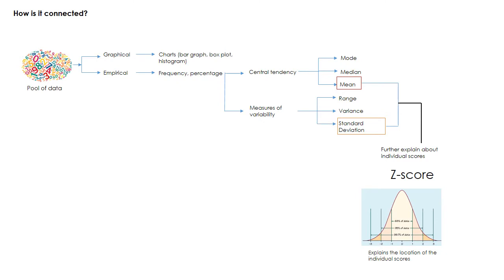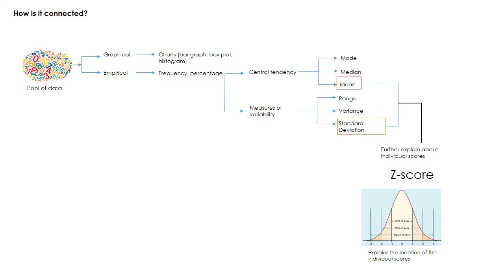After that we said that is just a single score of the data, so we would like to know about the variability that happens in the data. Are they similar, or are they clustered together closer to the mean, or are they far from the mean? In terms of measures of variability, we learn about range, variance, and standard deviation.